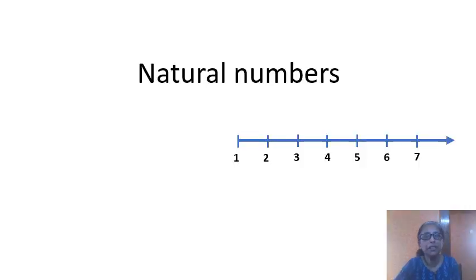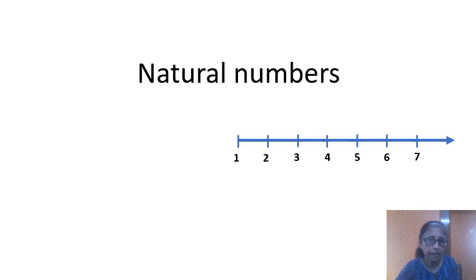Now before going into integers, you need to know the different sets of numbers like natural numbers and whole numbers, which you have already learned. But I'll explain just in a sentence what they are. First, we'll take natural numbers. As you see here, natural numbers are nothing but counting numbers. So we start from 1. 1 to infinity it goes.